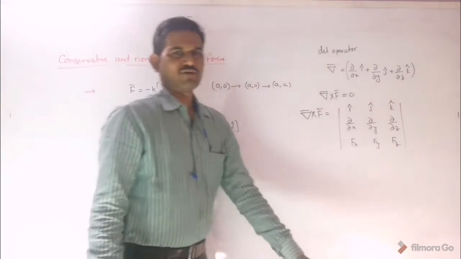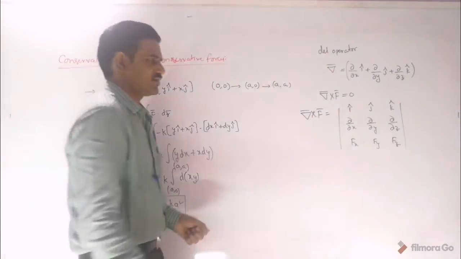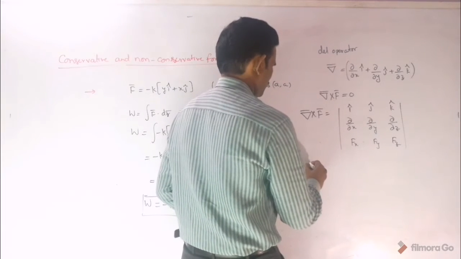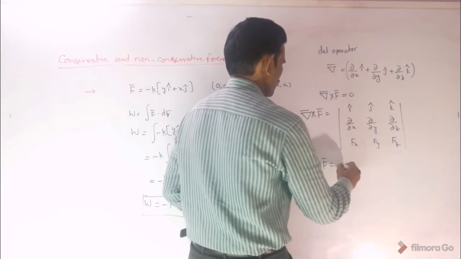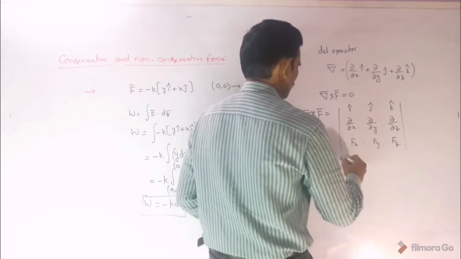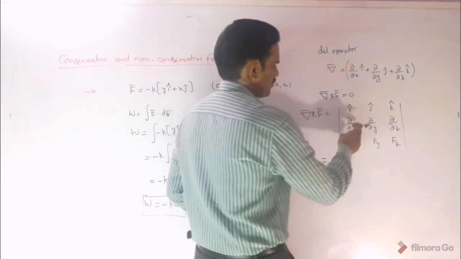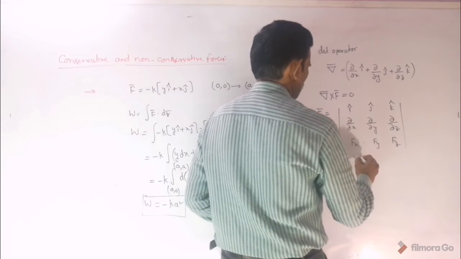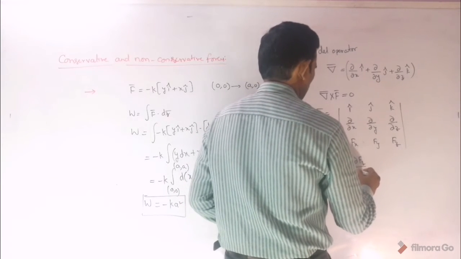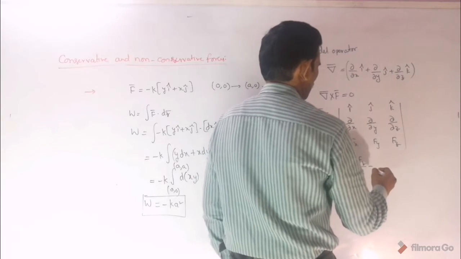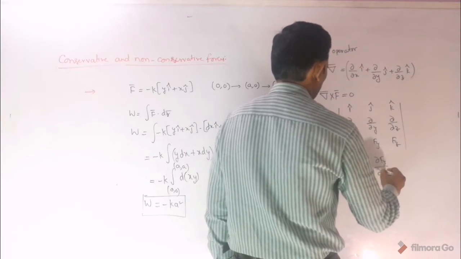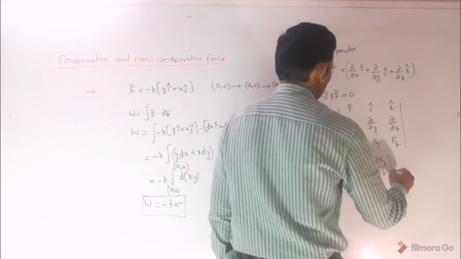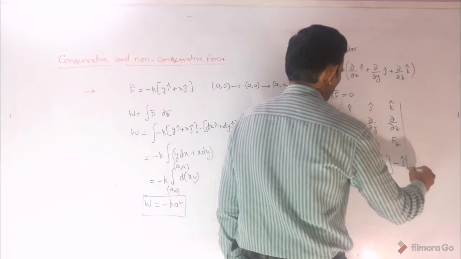So now let us write this. Del bar cross F bar means i cap into dou Fz by dou y minus dou Fy by dou z, minus j cap into,